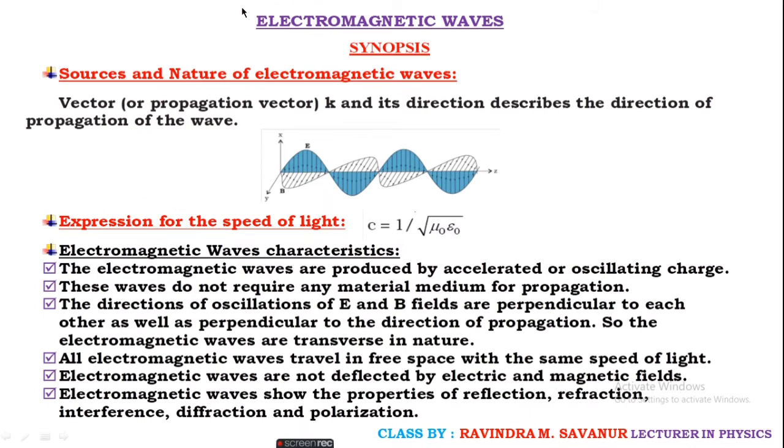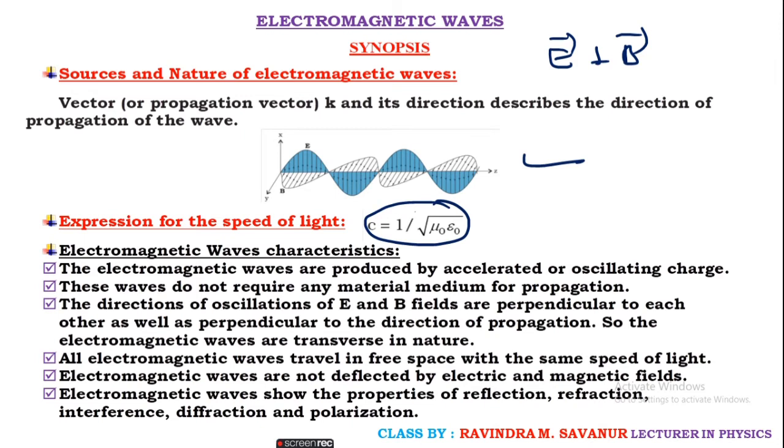So this is all about the magnetism and matter chapter. Move on to one more small unit, that is electromagnetic waves. The word itself tells that it is a combination of electric and magnetic fields, and these two are always perpendicular to each other and propagate in the medium. Its diagram is represented here. The expression of the speed of light in terms of absolute permeability and absolute permittivity is given here.